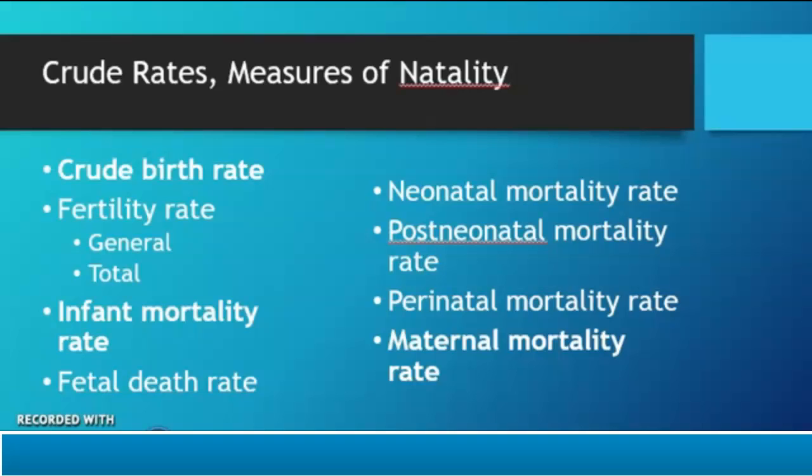I won't be going over every single rate, birth rate, mortality rate, and going over calculations of all of them, because really all of them you can read in a book and follow the formula. But I did want to go over the significance of certain rates, especially